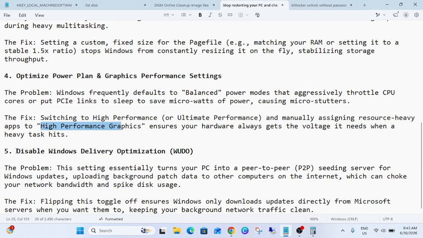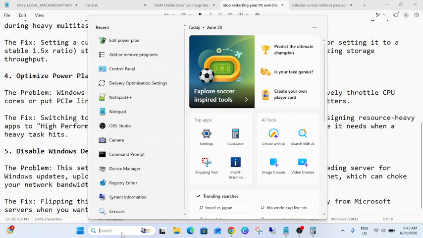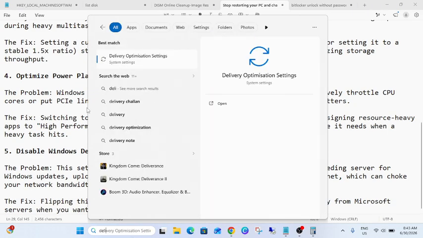And now let's move on to the next one. Now this is disable Windows delivery optimization. This basically chokes your internet, and also when you upload any background data on your system, it will transmit to another computer, which can choke your network. So how can we disable it? Just go to delivery optimization settings here,